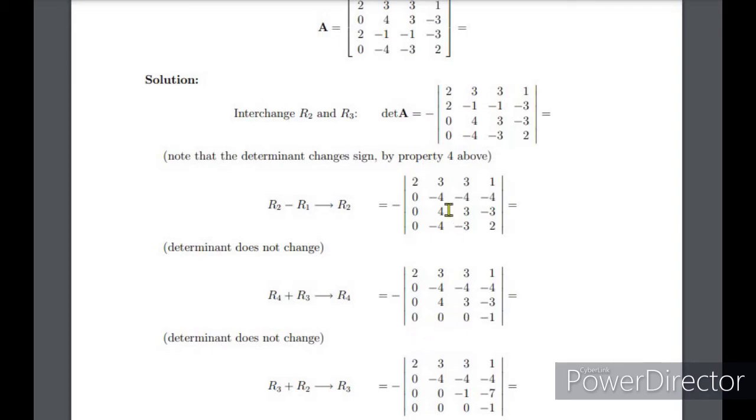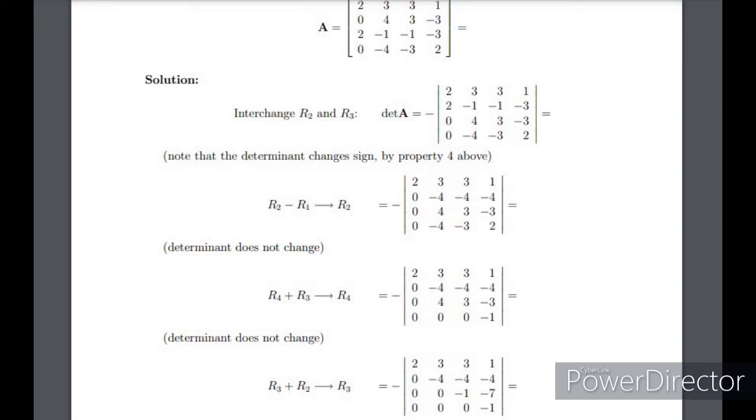Next, 4 plus negative 4 is equal to 0, so it is 0 here in row 4. Next, 3 plus negative 3 is equal to 0, so it is 0 here in row 4. Next, negative 3 plus 2 is equal to negative 1. That's why it is negative 1 here in row 4. Then again, the determinant does not change